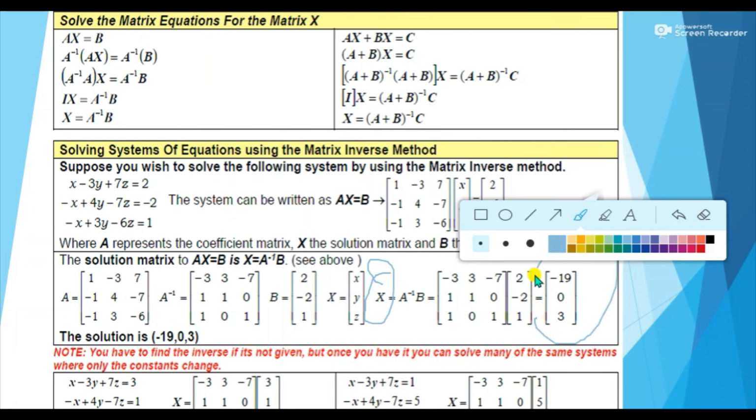So X is this, which means this is your X, this 0 is Y, and this is your Z, because we know that the X matrix is this one. So this is how we are going to solve this question. I hope this is clear to all. Again, this question can stay the same with the values changed, like in this example, and the same procedure is followed in all such questions. I hope this solution is clear to all of you. This is how we have found the values of X, Y and Z. This is our solution. Thank you for watching this video.